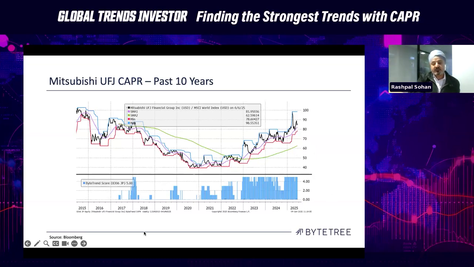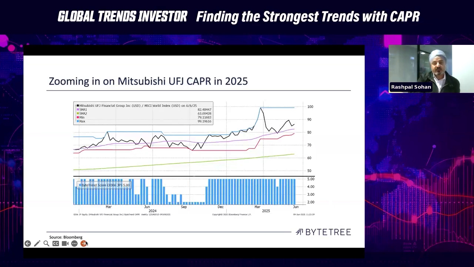You will notice very recently the score is 5 because the slopes are positively sloping, so you score a point in both of those. The price is above the 200-week moving average. And you can see that very recently in this zoomed in price action for 2025. You will notice temporarily the score dipped below 5, not the price, the score. It went to 4 because the CAPR dipped below the 30-week moving average, the purple line, right? So it was still a strong trend, but just slightly less strong. But on the whole, it remained a strong trend right through. If we go now to the next slide,